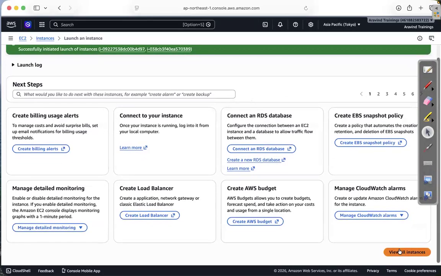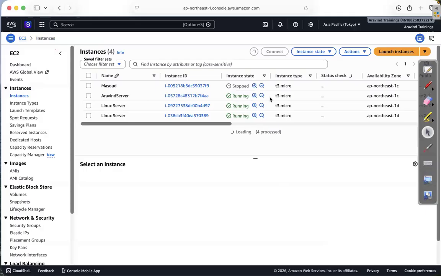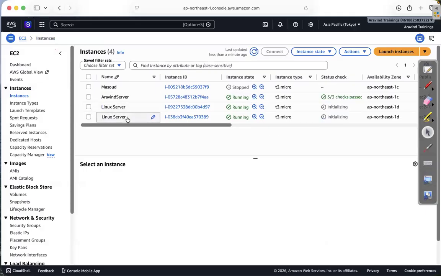Successfully launched. Now tell me guys, how much time did it take for me to launch these 2 servers? Did I take 1 week or 5 minutes or 10 minutes? Barely more than one minute, right? Instead of 2, if I had given 200, then 200 servers would be launched. If I give 2000, then 2000 servers will be launched.